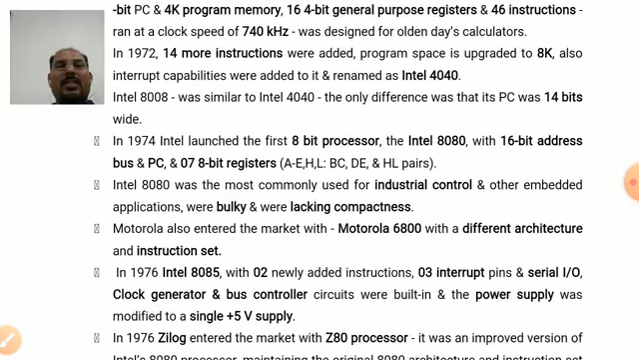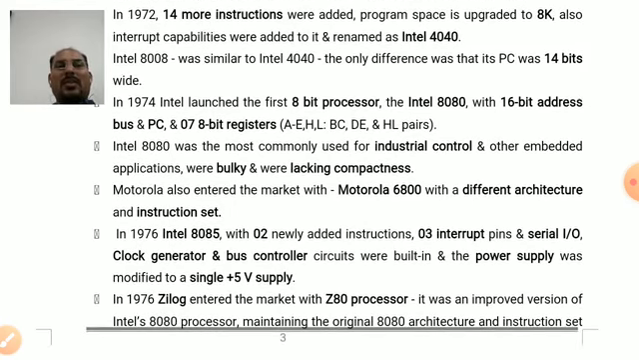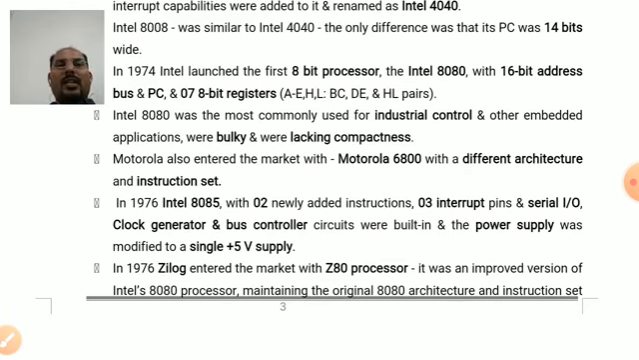Then in 1974, Intel launched the first 8-bit processor called 8080, which has a 16-bit address bus and 16-bit PC and seven 8-bit registers. Intel 8080 was most commonly used for industrial control and other applications. It was bulky and it was lacking compactness. Motorola also entered the market with its microprocessor called 6800 with a different architecture and